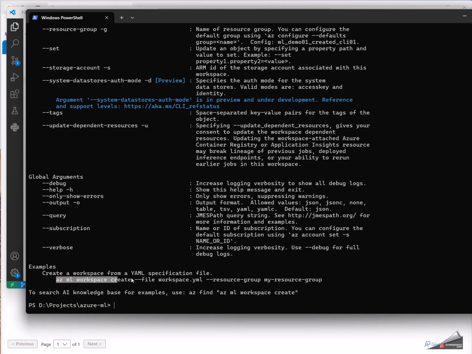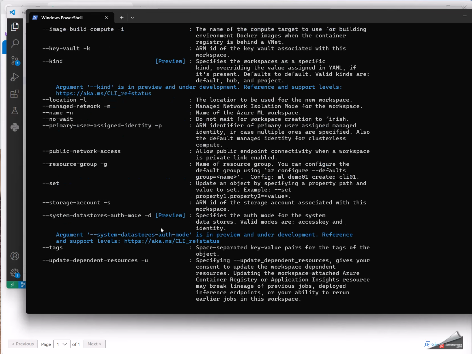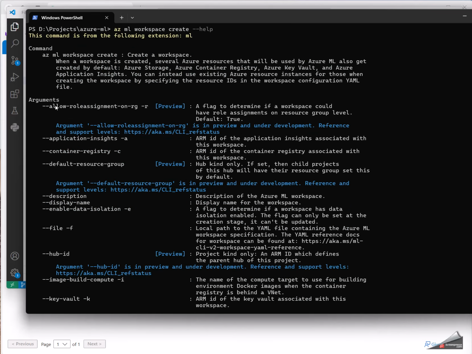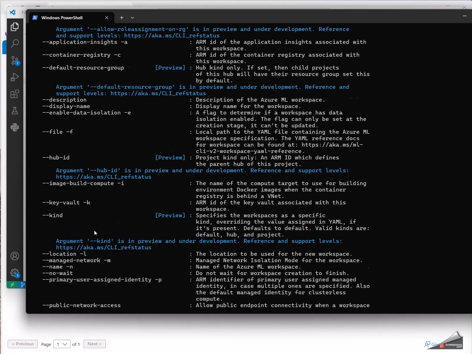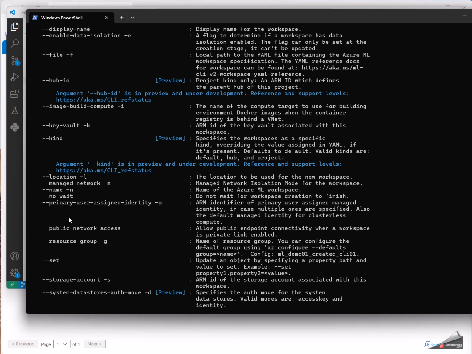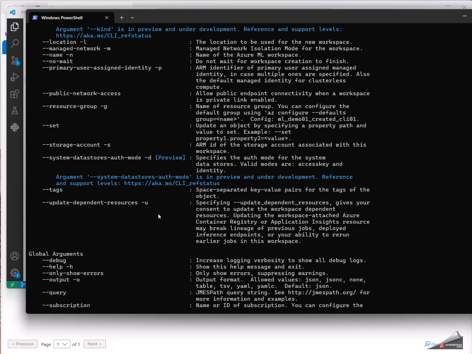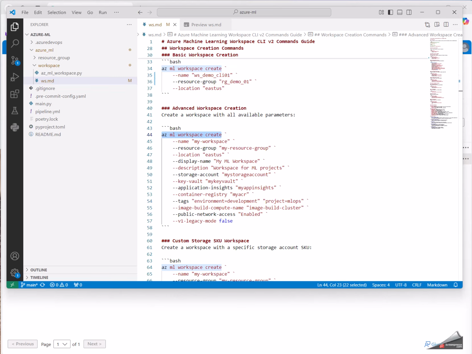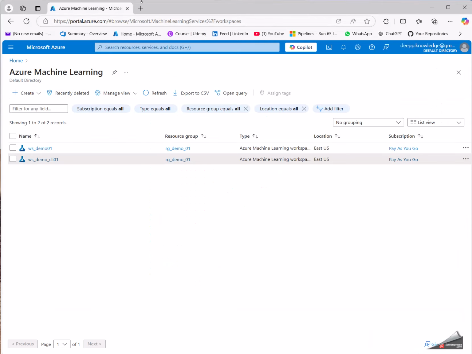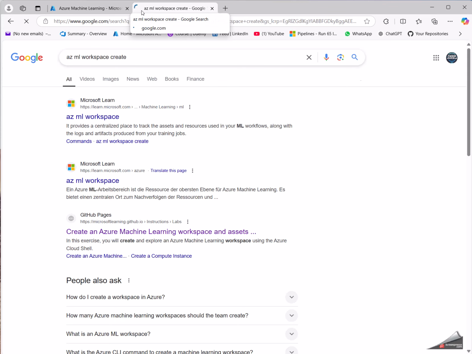And you can see here, this is how to create it with the YAML file. But it should give us the parameters. I can see it here, indeed. But you can also copy it and search in Google, and I think it should give us the documentation.